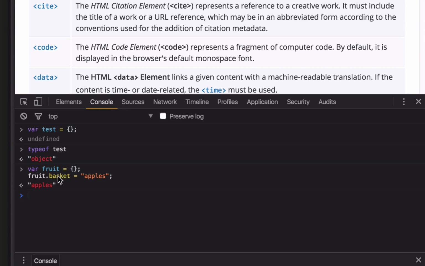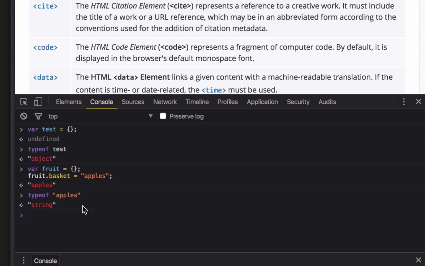Now, on the right side is the property. In this case, it's basket. So basket has a value called apples. And as I said before, I'm sorry, I just typed the answer. The type of apples will be returned as a string. So here on the top, we basically, in short, assigned a property with dot notation. As you can see, that's the dot that we used to assign that